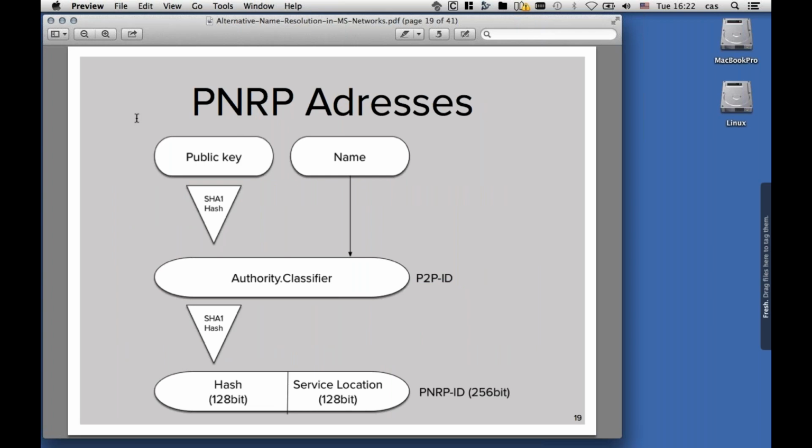We go from top to bottom, and we use the public cryptographic key, and that is being hashed with the SHA-1 hashing algorithm. And we can also use the human-friendly name, and that is being connected by a dot to the authority.classifier tuple. And that construct is called a peer-to-peer ID. And that peer-to-peer ID is then hashed again with the SHA-1 hashing algorithm, making the upper part of the PNRP ID, which is